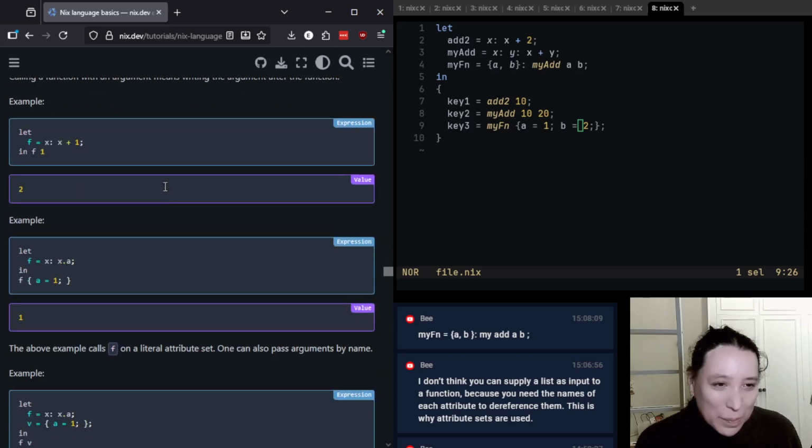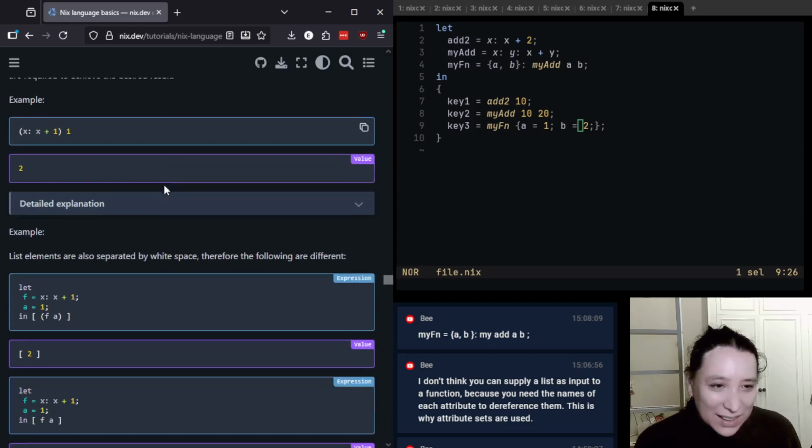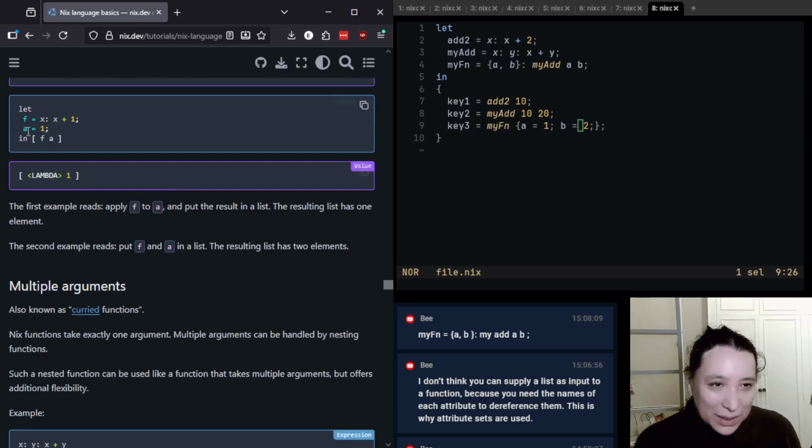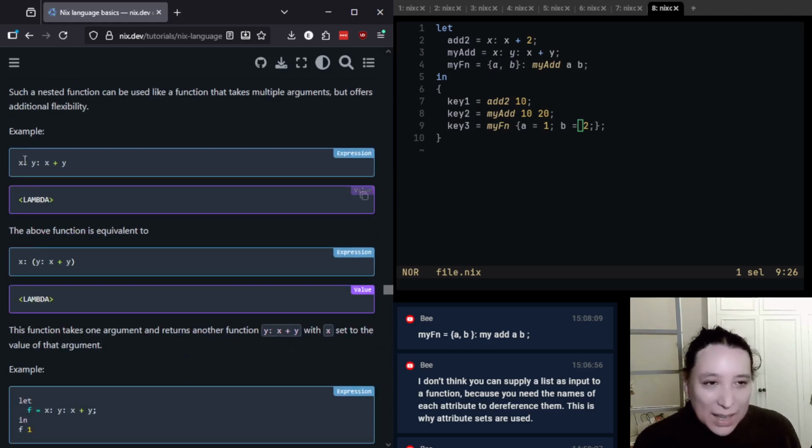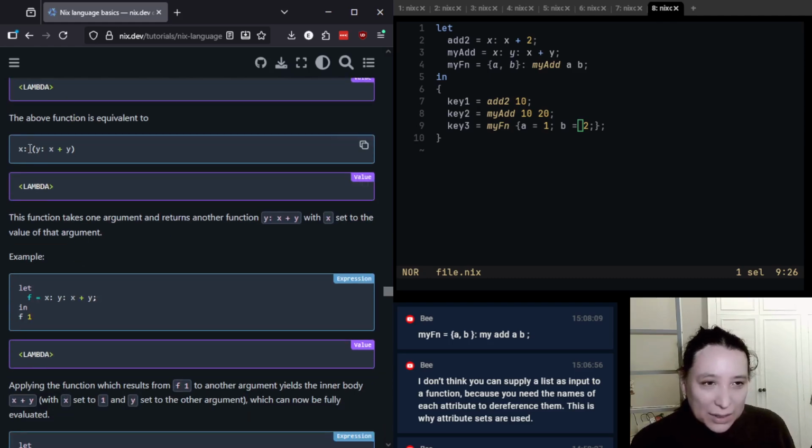We did calling functions. We can return functions. We can have curried functions. That's what we were talking about earlier. x, y, x plus y is really a function x that takes in a function that takes in a y and adds the two. So it basically looks like this. And you can see in here that this thing is a function too. So it basically curries, which means